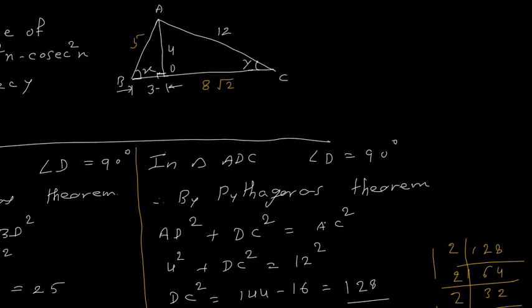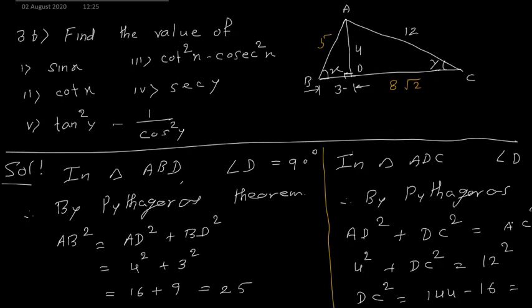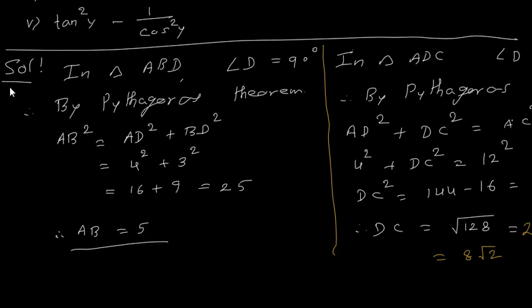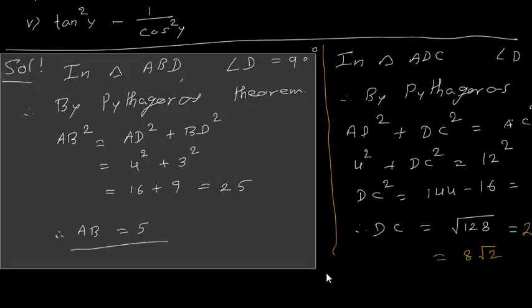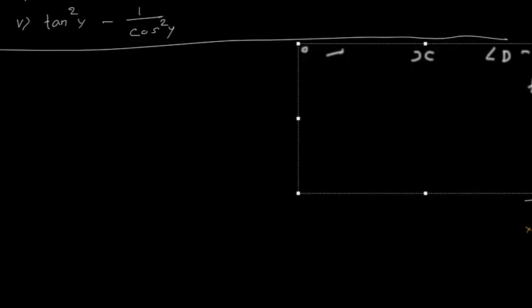Now, let us go to the problem. Let us see what values we have to find. First we have to find the value of sin x. So what is the value of sin x? What I will do, I will erase all those things and solve here only, or better I will redraw this diagram. Let us remove this. Okay, you have noted down. So I am just removing this part and I am solving here only.